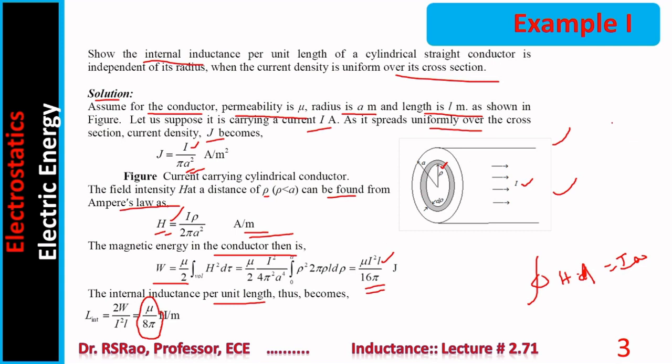Before going further, one point is required to be mentioned. We know coils, wire coils or conductor coils, have inductance. The result of this problem says not only coils but also the wire with which the coil is wound also possesses a certain amount of inductance. It is internal inductance. We know wires have certain resistance, but the result in the present problem says in addition to resistance, it also possesses inductance called internal inductance.